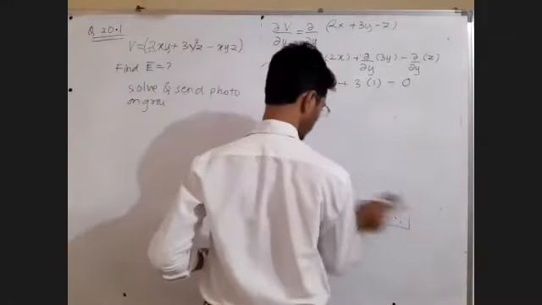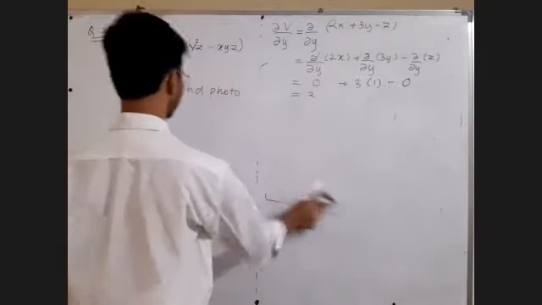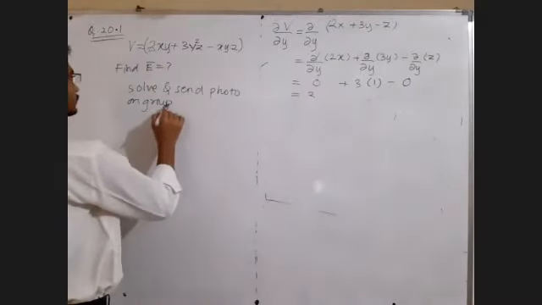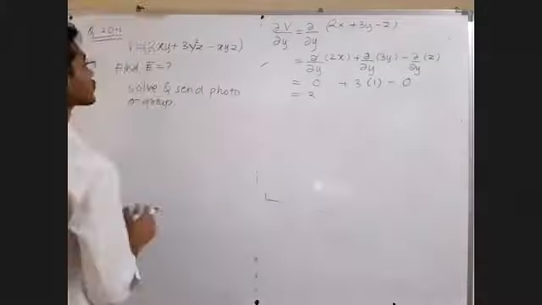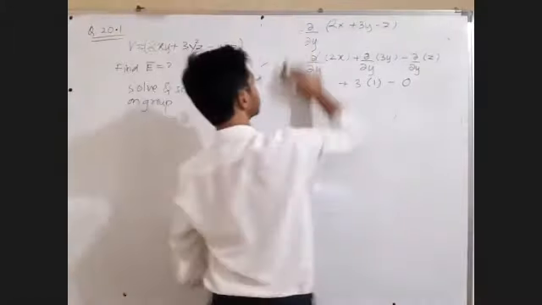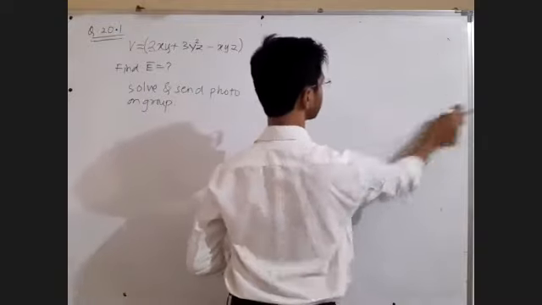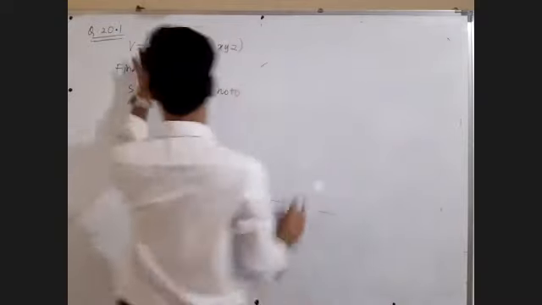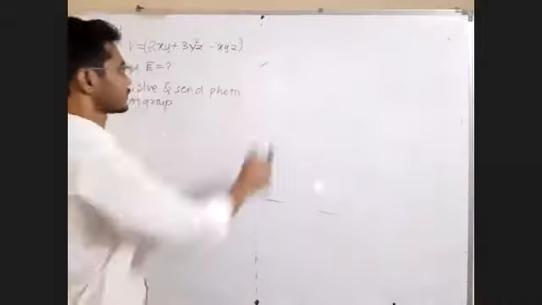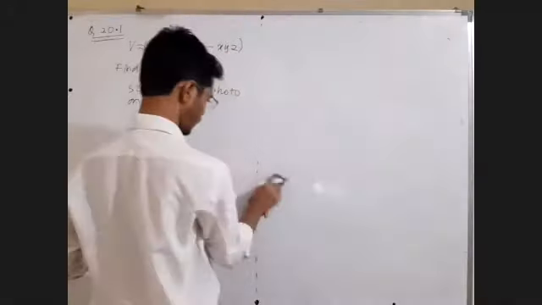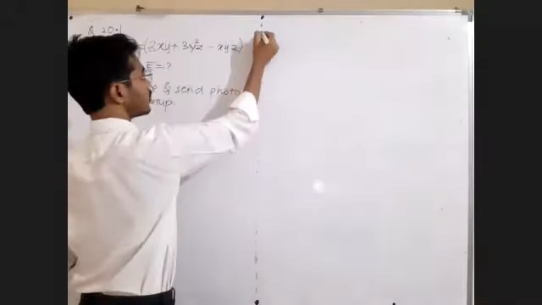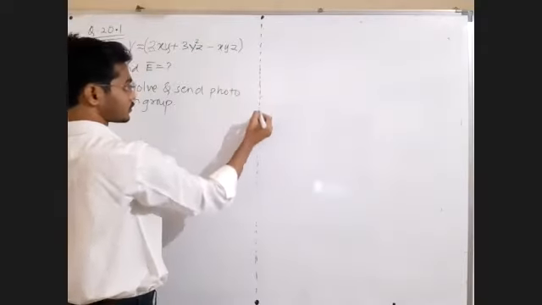Okay, you will do this and you will send the photograph on the group. Call that question 20.1. Okay, the function has been slightly changed. Now every term contains xy or yz or xyz. So in that situation I want to check whether you are able to take the partial derivative or not.